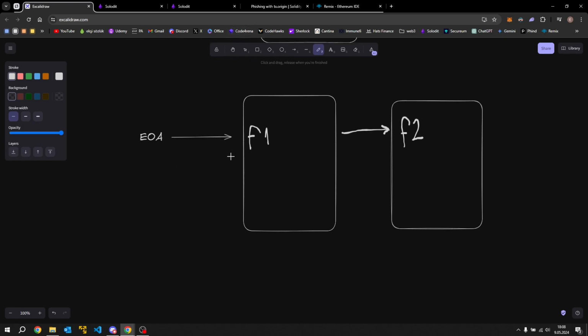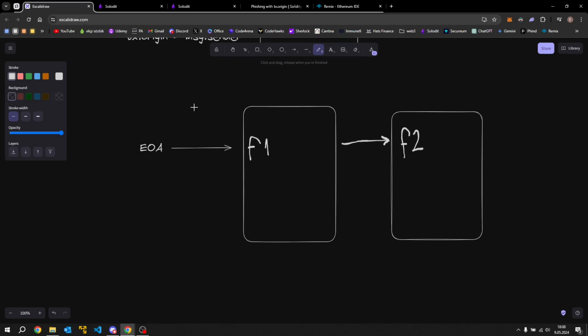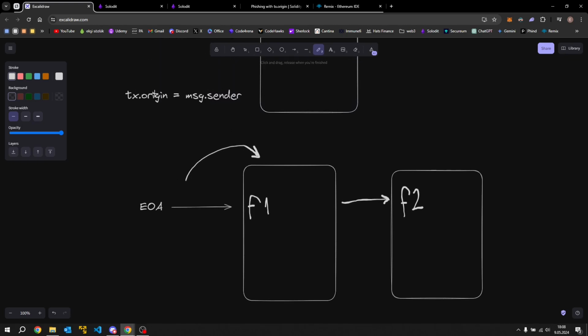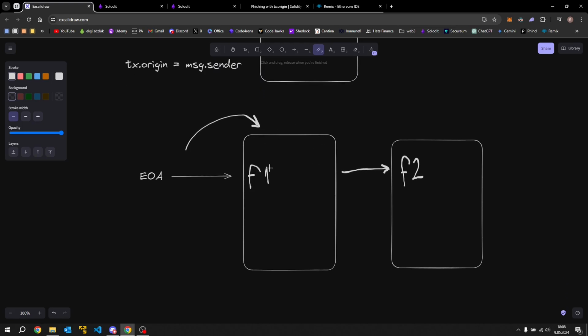In this transaction, tx.origin equals message.sender. But when this f1 function externally calls this f2 function, the tx.origin